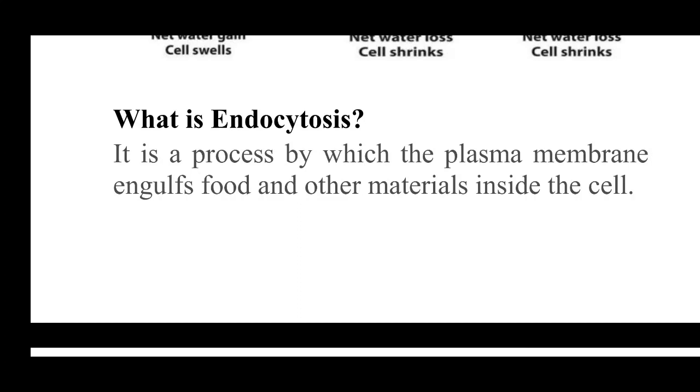How does it take up the food? Its plasma membrane, that is the outer covering of the amoeba, is known as the plasma membrane. It breaks the plasma membrane, then it engulfs the food, or swallows the food material inside it, and the plasma membrane again seals by itself. So this process in the amoeba is known as phagocytosis, but whenever in any organism or any cell the plasma membrane engulfs the food or other material, the process is known as endocytosis. You can give an example of amoeba. And the plasma membrane is also known as the cell membrane.